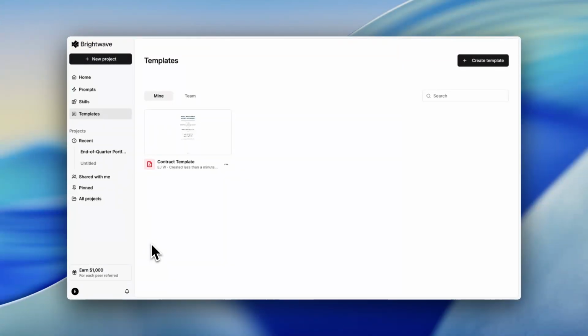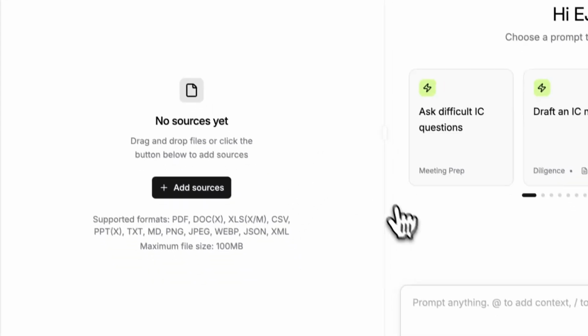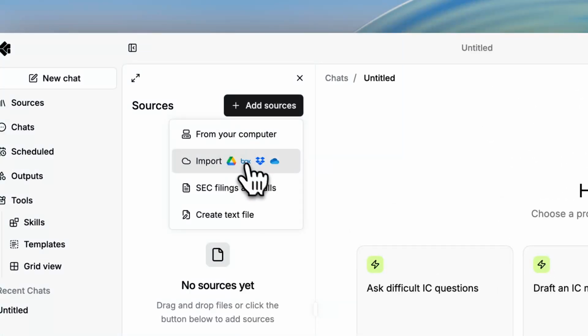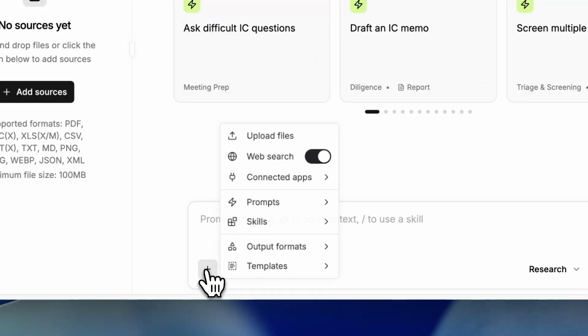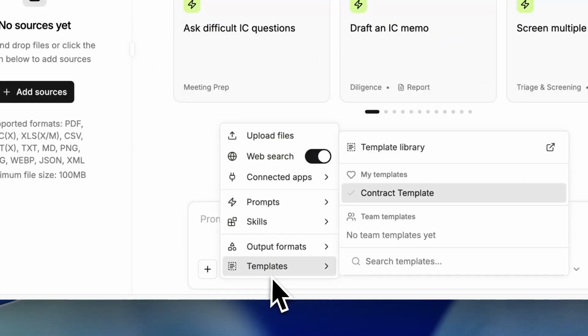So creating the template is pretty straightforward. Now, where can we use templates? There's a couple different places. So I'm going to open up a new project. And in this context, what we might do is upload our data room, upload our source documents. And from the chat, we can click into this plus button, go to templates, and now we can select contract